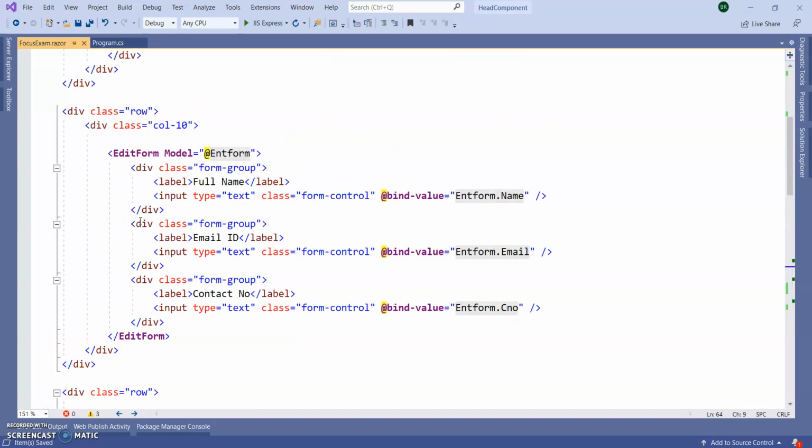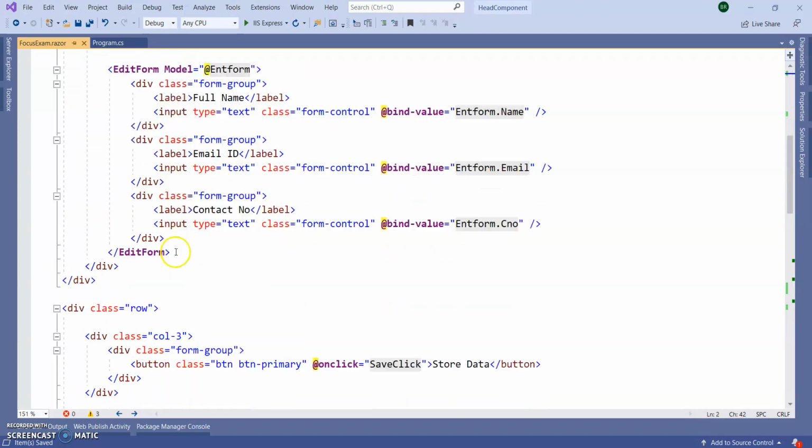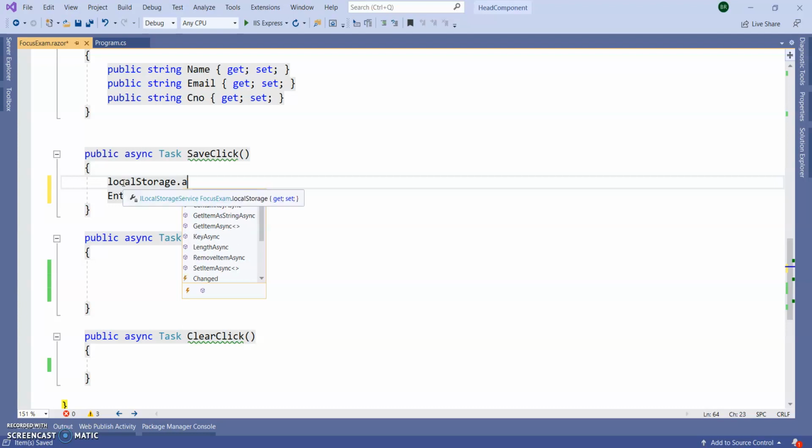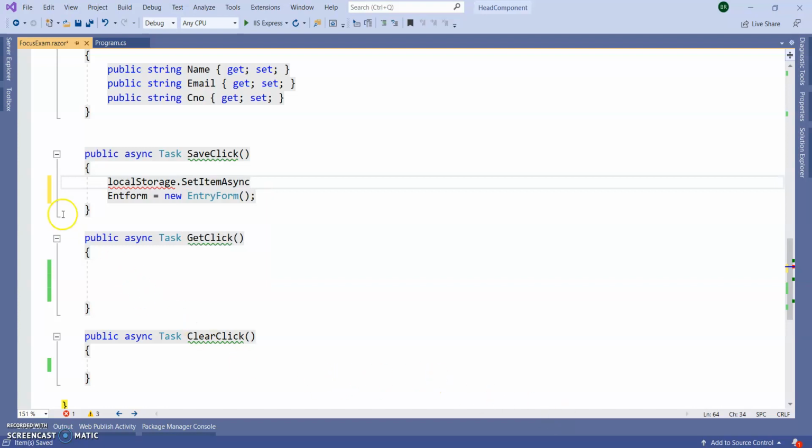I can use this local storage object, dot SetItemAsync. It requires await, right? It takes one key and one data.